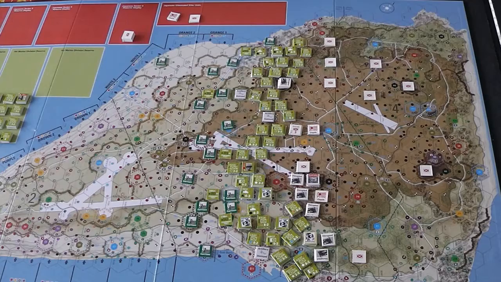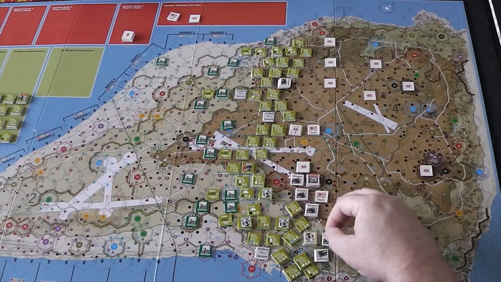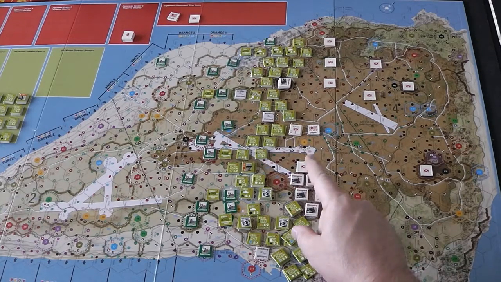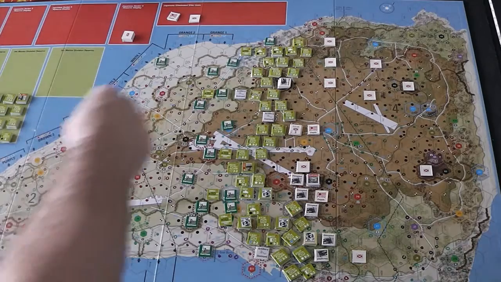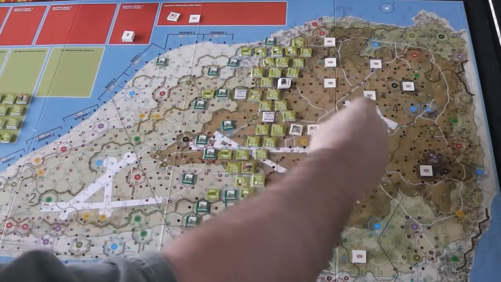All right. So got that knocked down. So purple won't be a problem next turn. Green won't be a problem next turn. Now up to here. Do I hit yellow? That's the question. Do I hit yellow? It requires